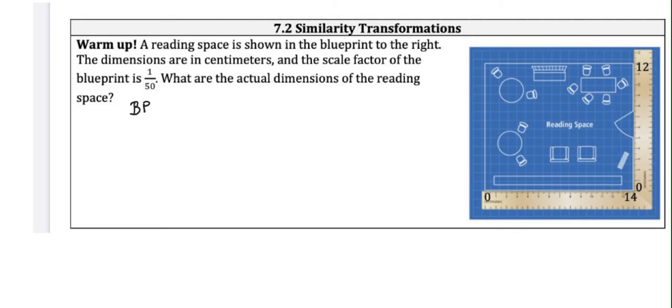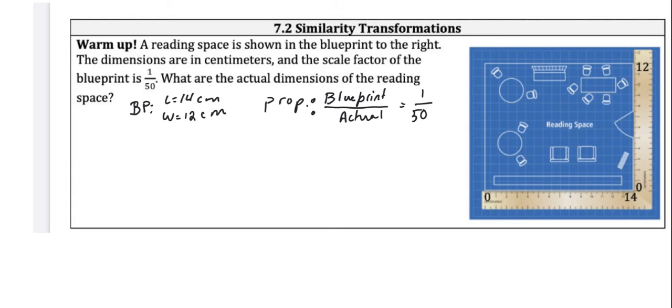So, our blueprint, we have a length of 14 centimeters and a width of 12 centimeters. We also have a proportion or a scale factor from blueprint to actual, which is 1 to 50. Okay, so we'll find the length and the width. So our actual